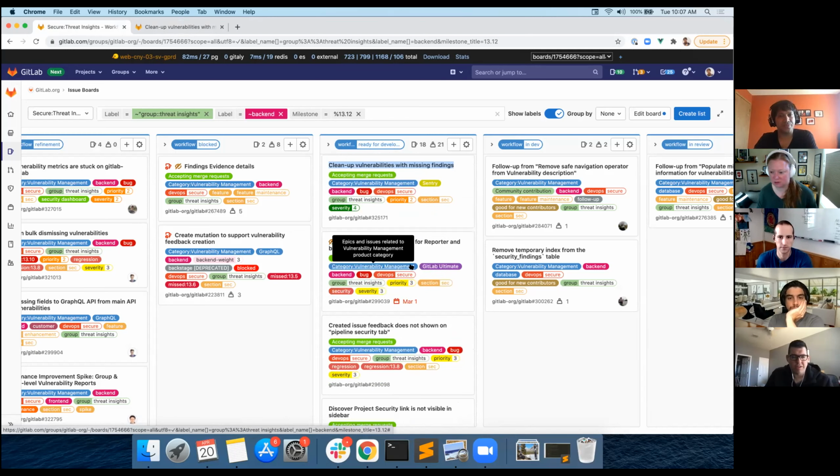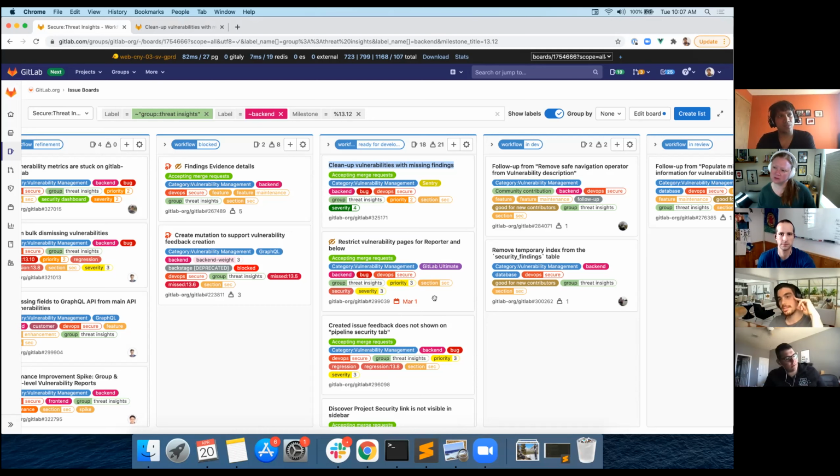And along those same lines, I think I mentioned before, we're going to have to figure out that a vulnerability has to have a finding, and a finding has to have a pipeline. But if it's manually created, it's not going to have a pipeline, so we're going to have to deal with that little idiosyncrasy as well. Probably in the UX, in the vulnerability creation page, we should specify that first you need to run a pipeline, and the pipeline needs to find findings, and only then